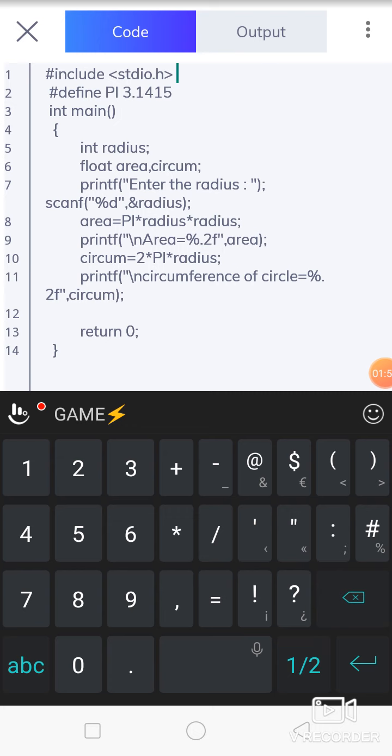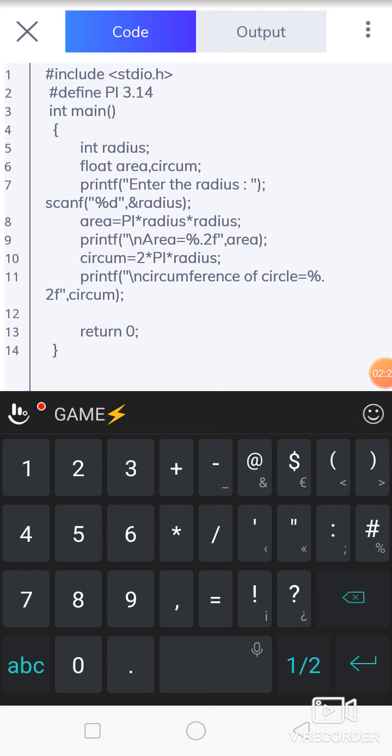For that purpose, we first declare the header file. After declaration of the header file, we assign the constant value to the pi variable by using the hash define preprocessor directive. So we can define the constant variable this way. Hash is the symbol, then define is the directive for declaration of a constant, then give the name of the variable.